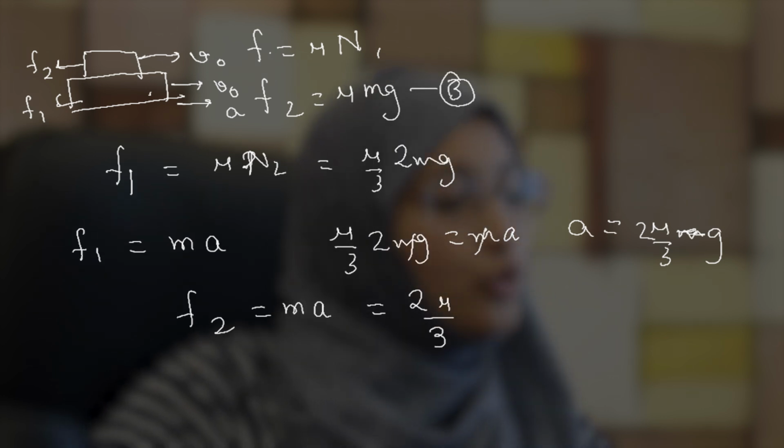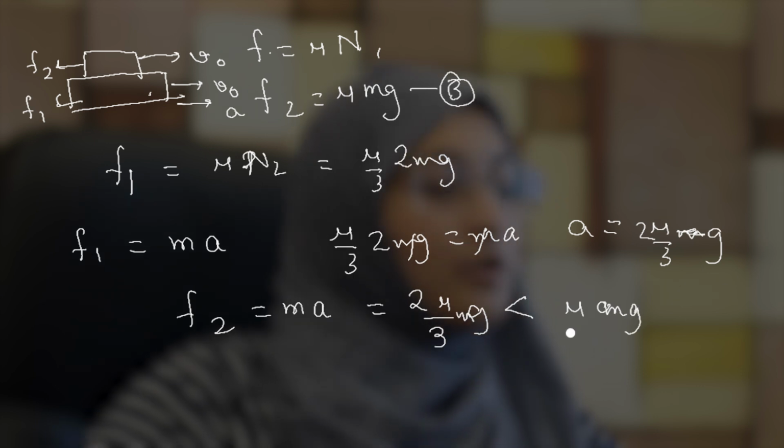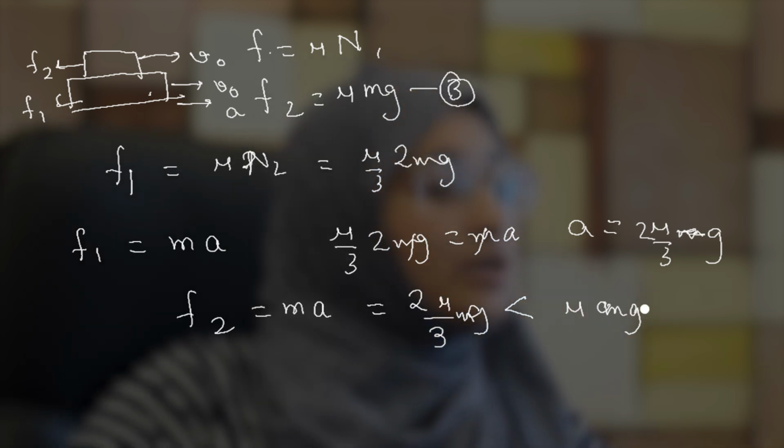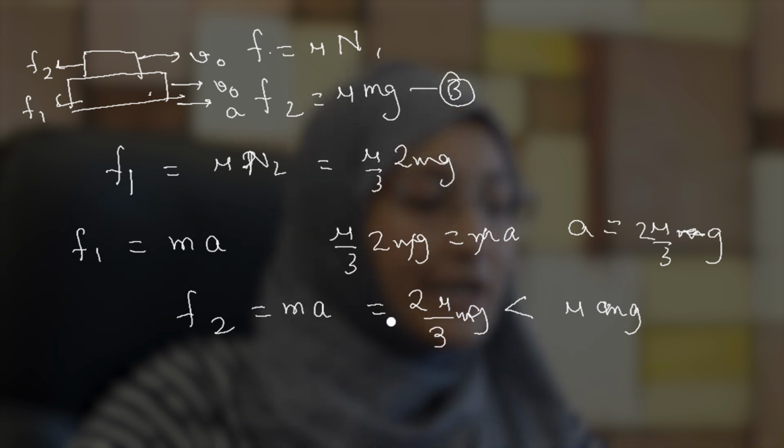2 nu by 3 g, which is less than the actual acceleration of F2, that was nu mg, right? So both bodies are not having the same acceleration. Here we see that the frictional force that we are thinking for block 1 is actually less than the actual. So this means that block 1 is in static friction and we are not able to overcome that static friction. By applying Newton's law, let us find out the change in force of that slab.